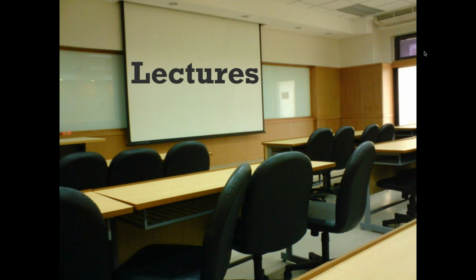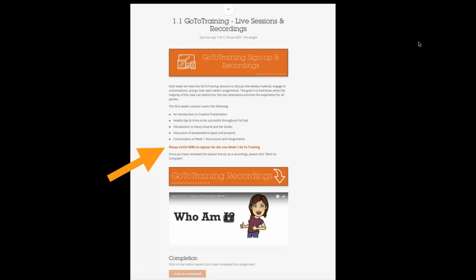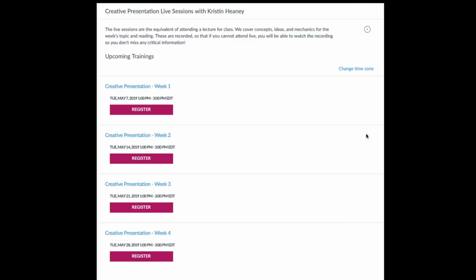All right, so I wanted to show you where to locate the go-to training. There are 2 different items that I have listed here. I'm going to flip back and forth to the screen for a moment. For my courses, you will see all of the courses here, and you will see 1.1 go-to training. Down here where this orange arrow is pointing, you will see, please click here to register for the live week 1 go-to training. This is where you would click, and then the next screen will show you